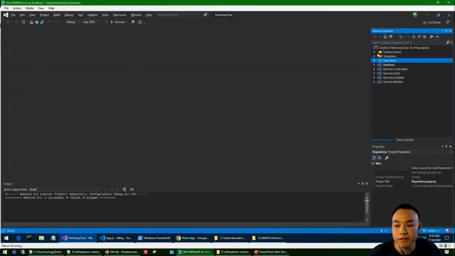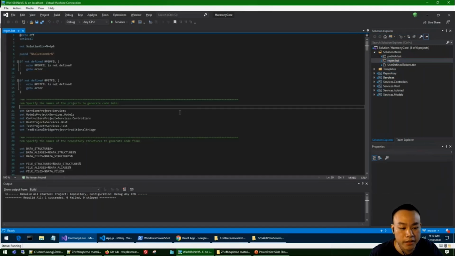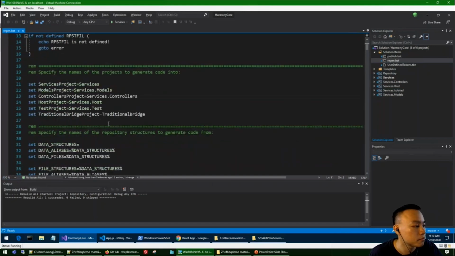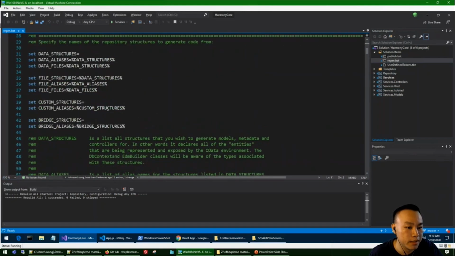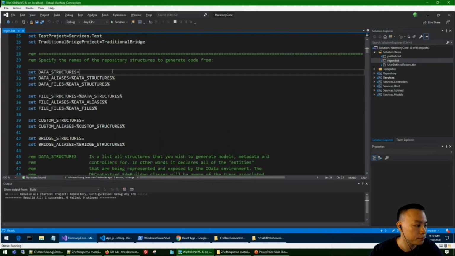Okay, and now we have to edit our regen file so that we can regen the files that we need. What we need to edit are the data structures here. The data structures for xfBBQ are barbecue, order, user, and favorite.